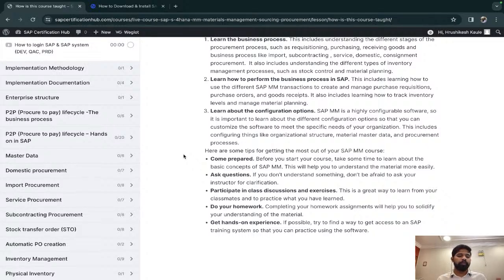So if you perform the SAP transactions first, you'll understand during configuration that when I change something here, it will affect that screen at a particular field. So first transactions, business process, and then configuration. This will help you a lot to understand SAP.